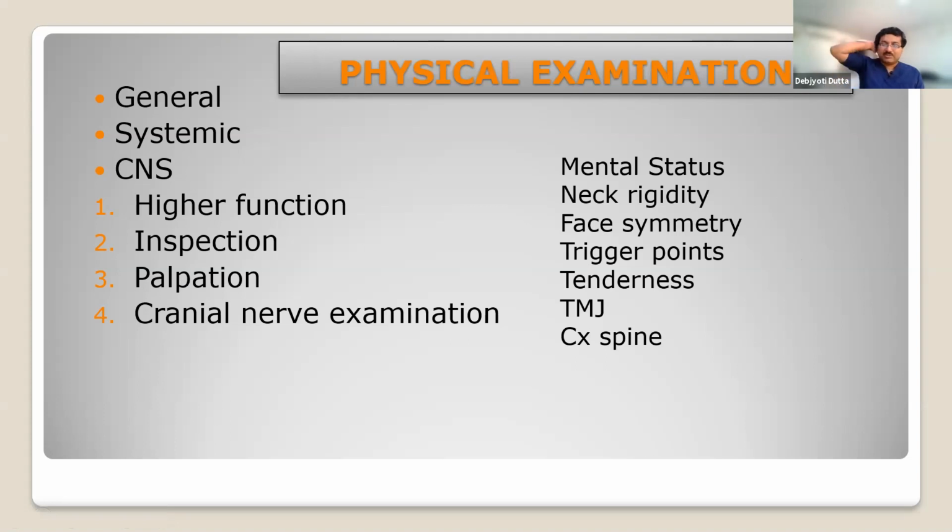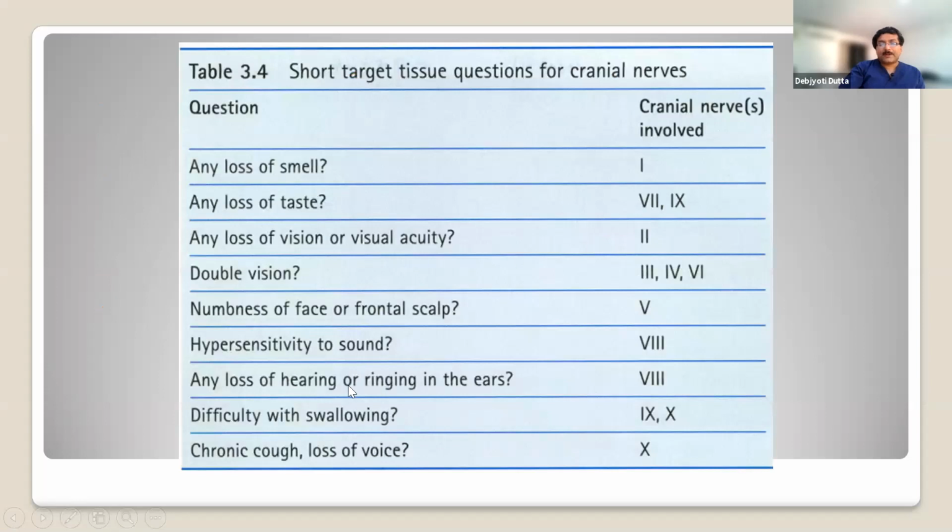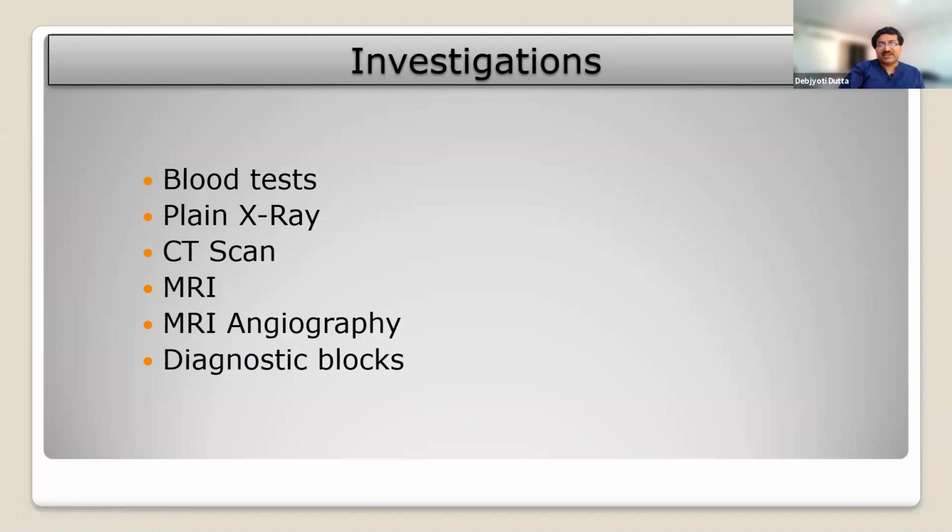Here the problem is at the neck, but the pain is coming at the back of the head. That is also a possibility. So we need to find out those associated points in case of these headache disorders. So that much we need to examine. Now, this is the thing we need to test for the cranial nerves. In short, you can check everything, but as we have done it from our undergraduate days, I am not going to discuss it in detail.